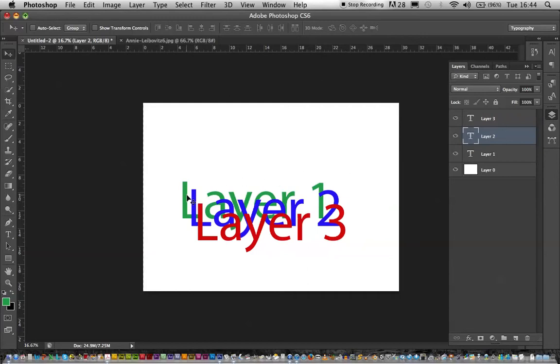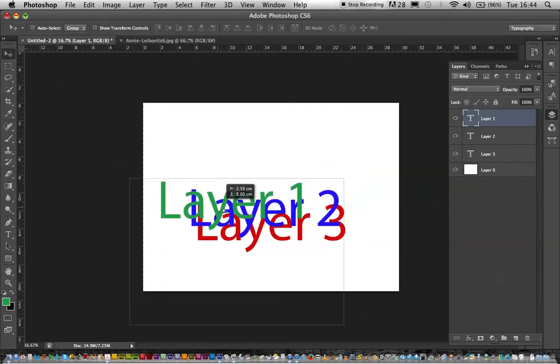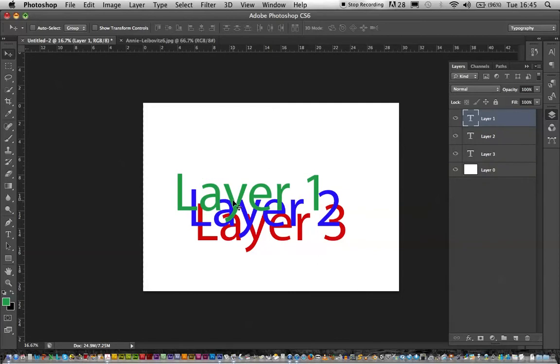Okay, so I can obviously then change the layer stacking order. So I've moved this layer 2 to the top, and as you can see, it's now on top of all the other layers. Now if I feel a wee bit sorry for layer 1, maybe think it should be top of the layers, and just drag it on top, and now all of a sudden the green layer has appeared on top. The beauty of this here is it allows you to perform a form of editing of your images,